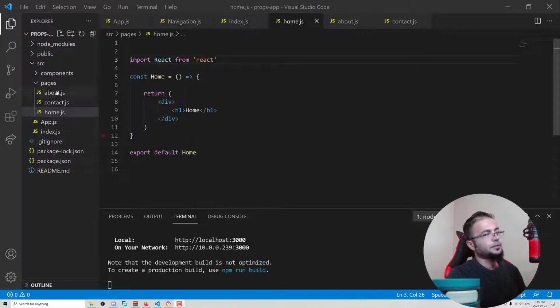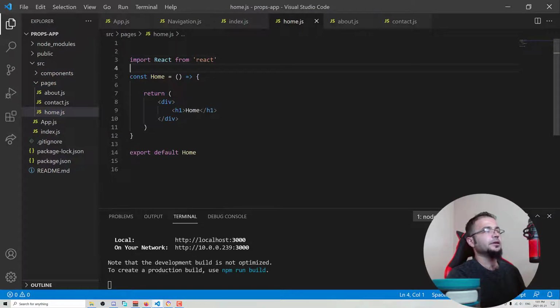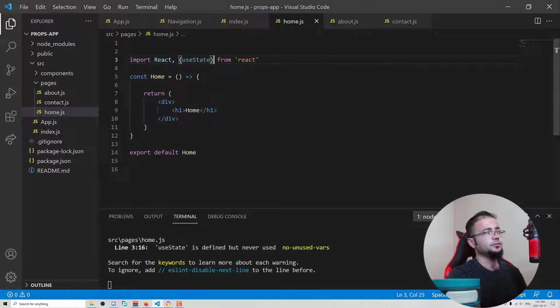Now, we have this application which consists of 3 pages, an app, an index, and one component. So we try to call a database in our home component. The first thing you do, try to simulate the data, because database results could change. So it means we have to use useState, because React uses state management to run database and stuff like that. So as we studied before, we use useState to say our database consists of posts, and we say set posts